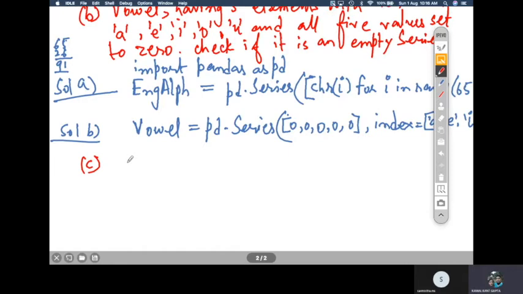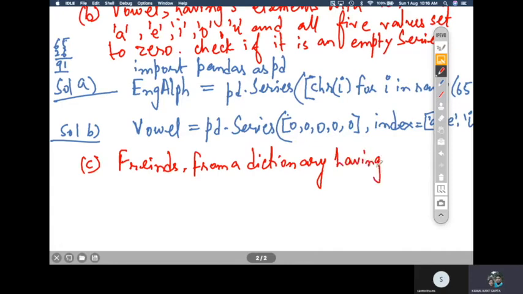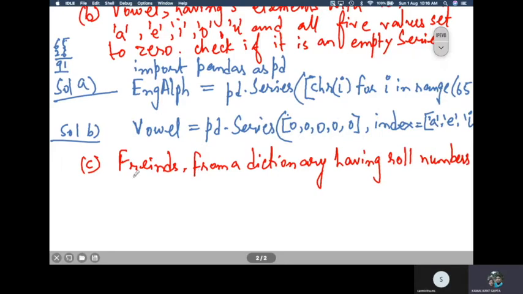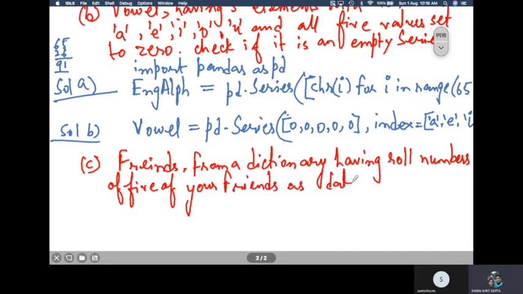You have to make a series called friends from a dictionary, having roll numbers of 5 of your friends as data, and their first names as indexes, names as keys.